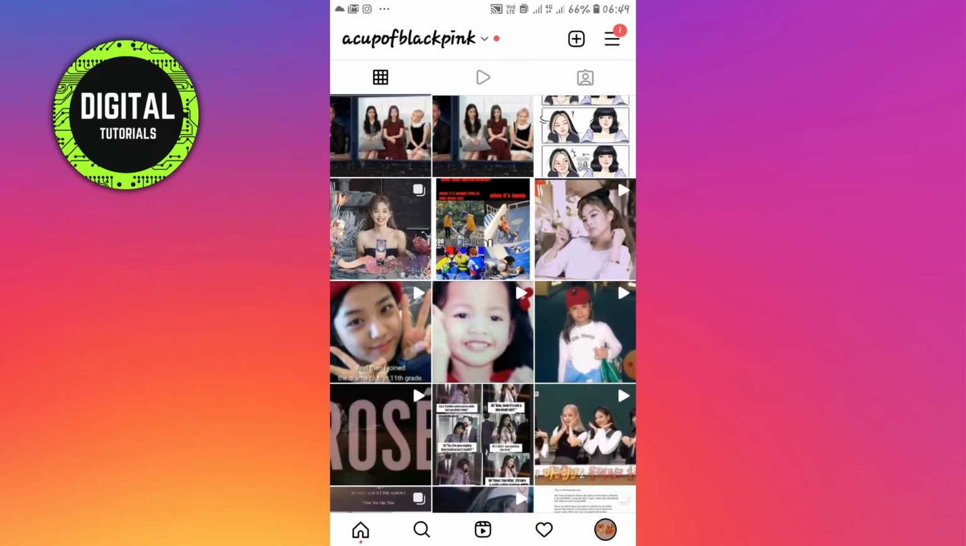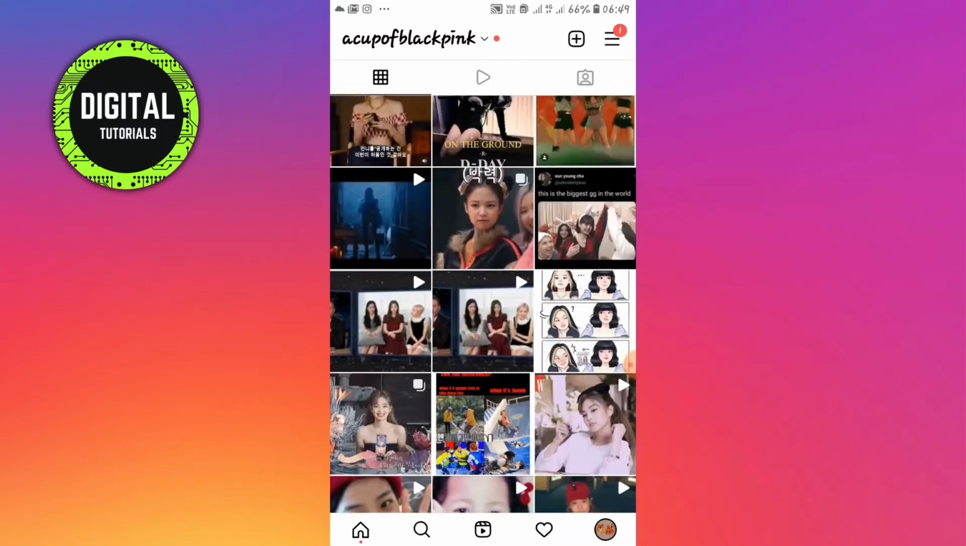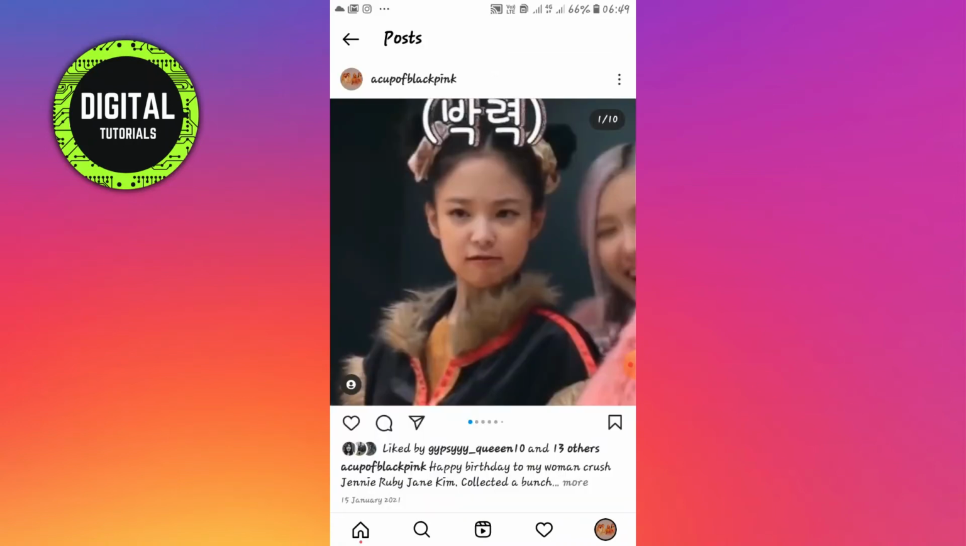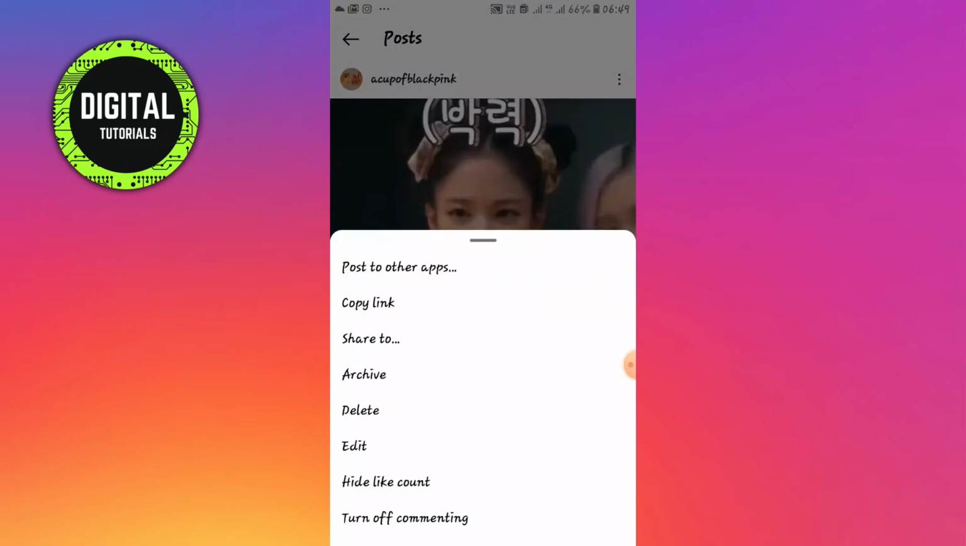So now select any post that you want to turn off comments for. For example, I'm gonna go with this one. So now tap on these three dots right here on the top of your screen. Tap here. Now there are a lot of options that will appear on the screen like copy link, share to, delete